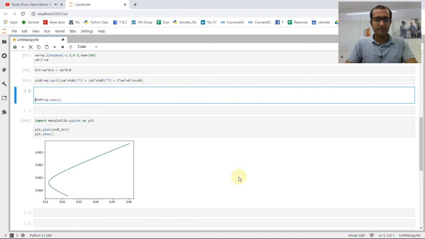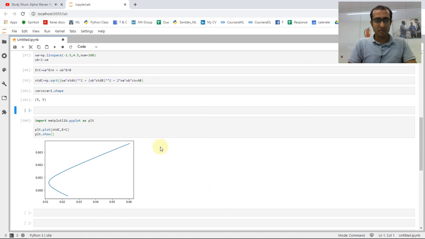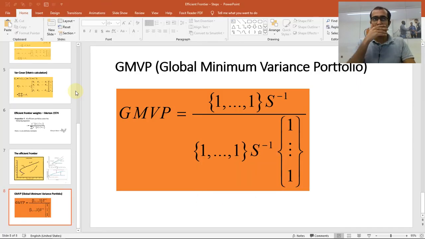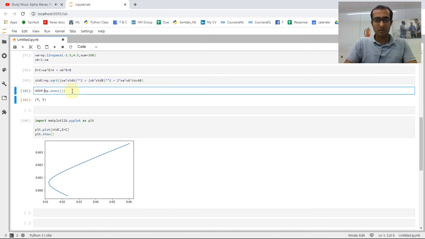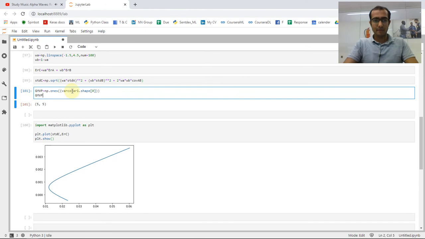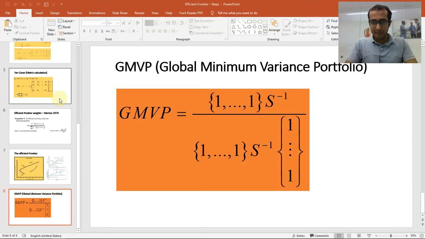Yeah, I would say Var-Covar dot shape once, and then let's see if it worked. Perfect, it worked. Now we have this one